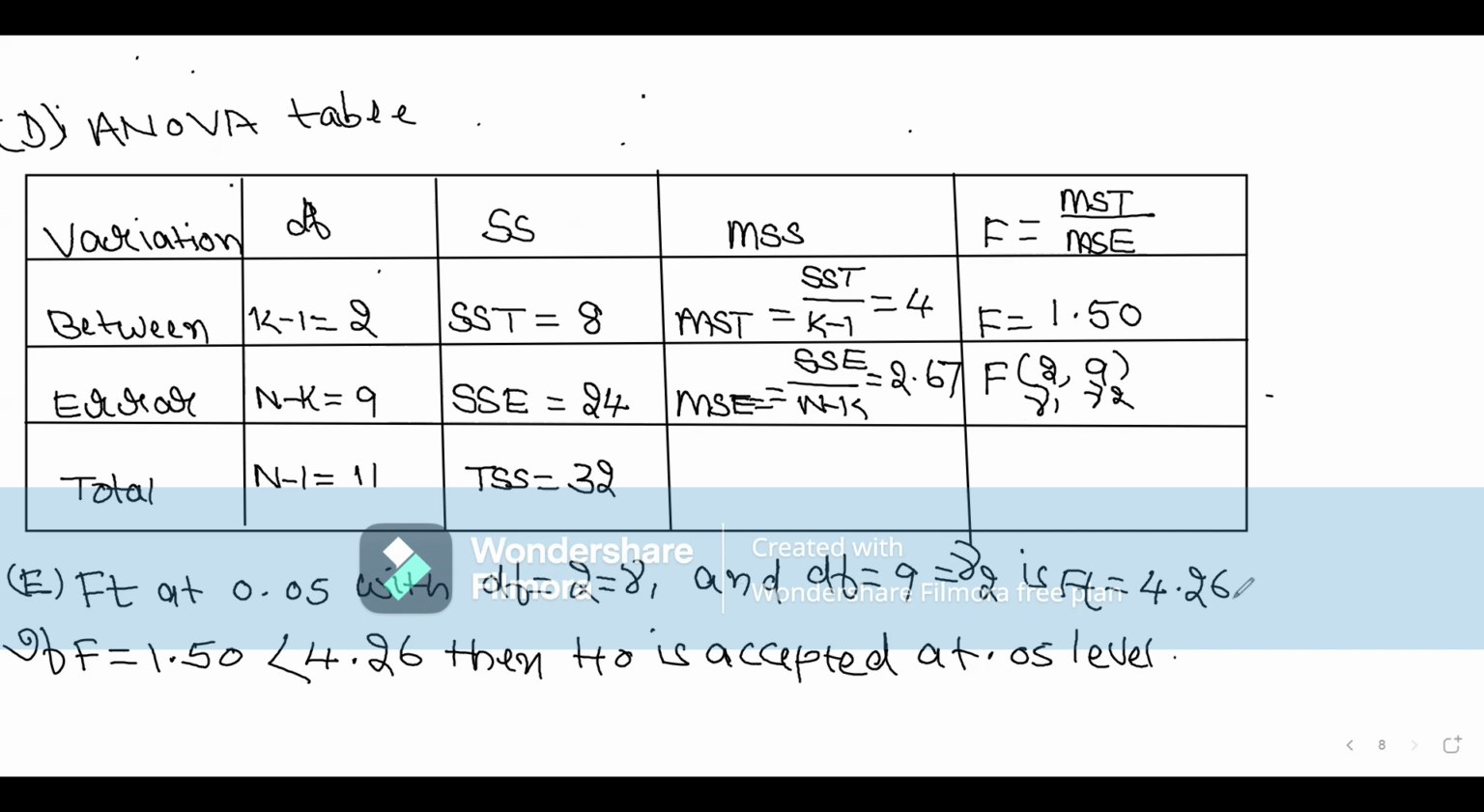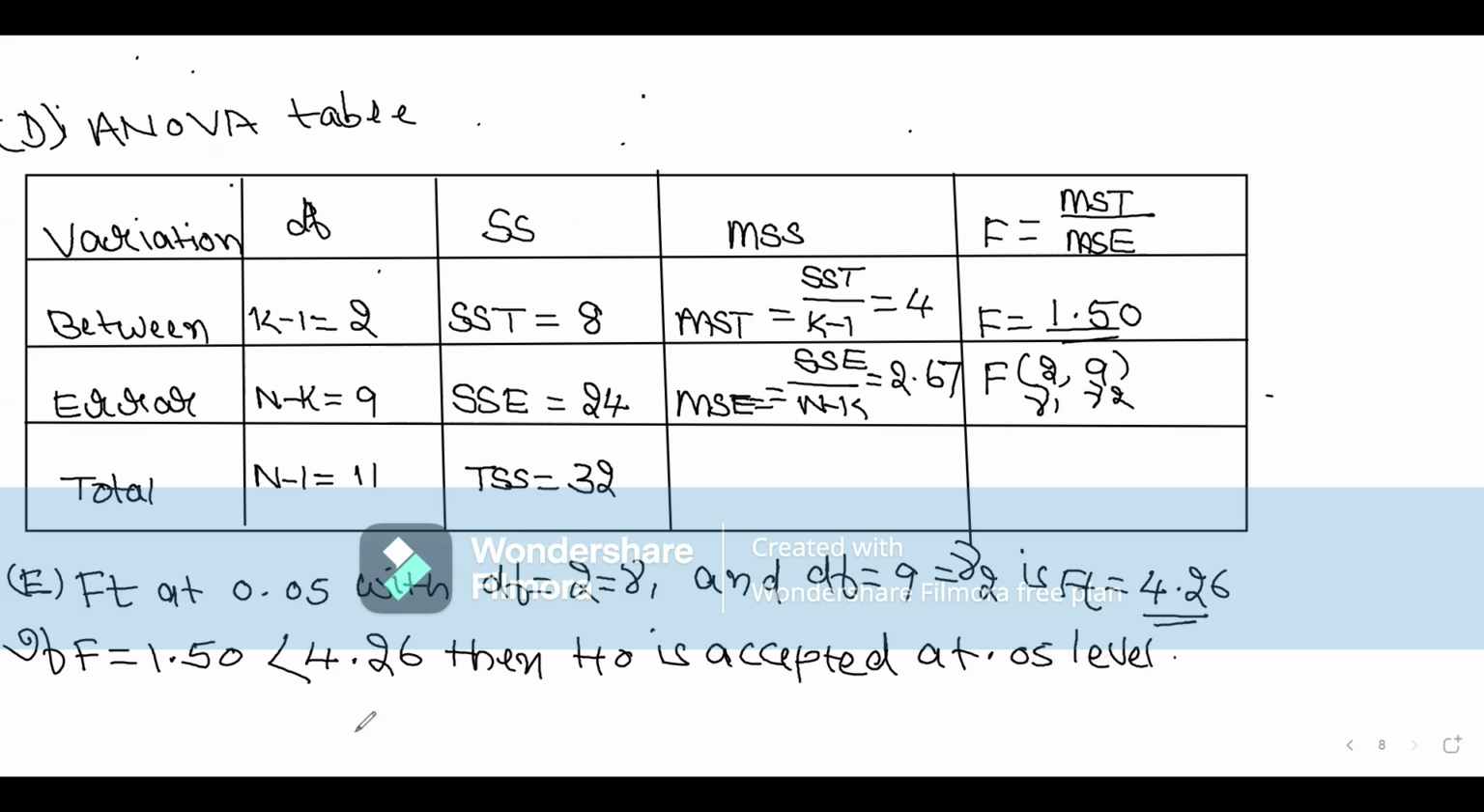It gives 4.26. Now you compare this value with the calculated F value. Look here, F equal to 1.5, and you compare it with 4.26. 1.5 is smaller than 4.26, meaning the calculated value of F is smaller than the table value. Then the hypothesis is accepted at the 0.05